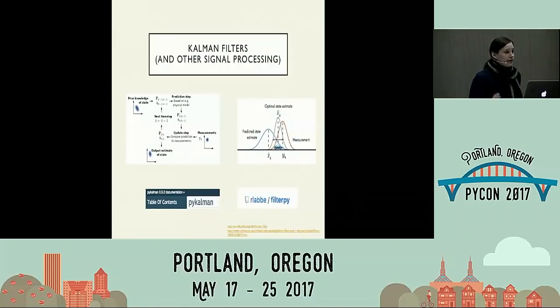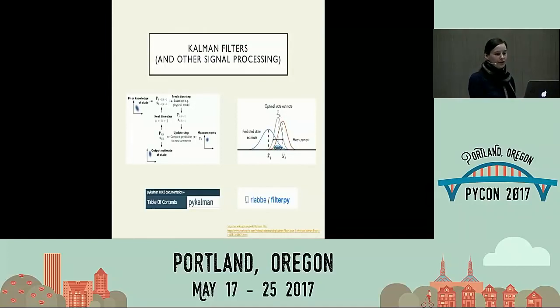Kalman filters and filtering in general, signal processing in general, right? That's really just time series. If you work on the sort of data where you are handling live data and you are trying to track a process that is moving as you track it, Kalman filters and other sorts of Bayesian filter methods are probably what you're looking for. With these sort of methods, what you do is you take the information that you have, you update what you know about the system, you make a prediction, then you measure the next prediction, you update what you know about the system, you make a prediction, you update what you know about the system, and it sort of feeds off itself in a live format.